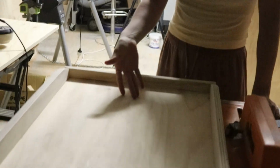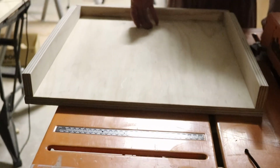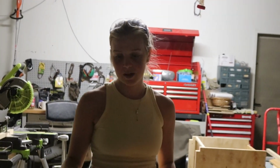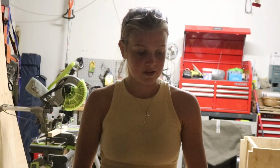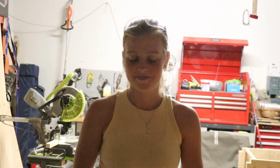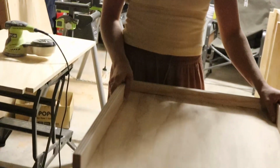Meet our loo drawer. So the toilet's actually going to sit towards the front of the van like this, and this is going to pull out around 508 mil, and then we're going to do a poo or a wee on the loo drawer. Heavy duty drawer size just in case it's a heavy